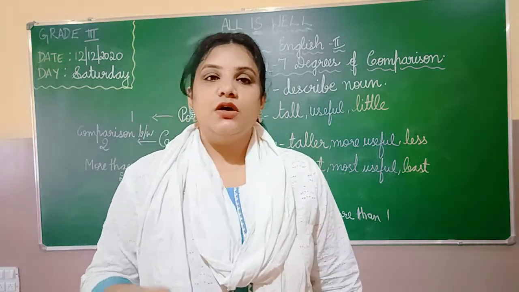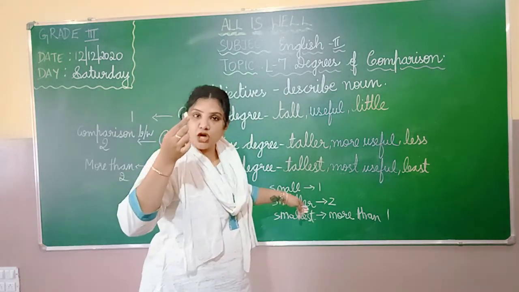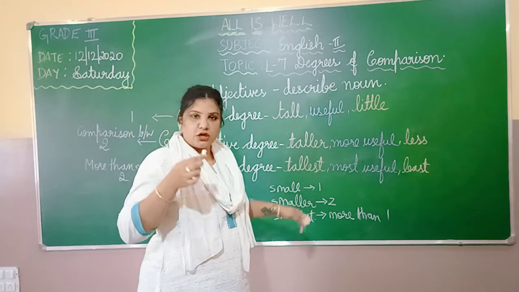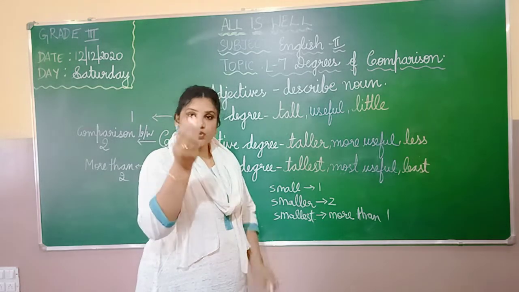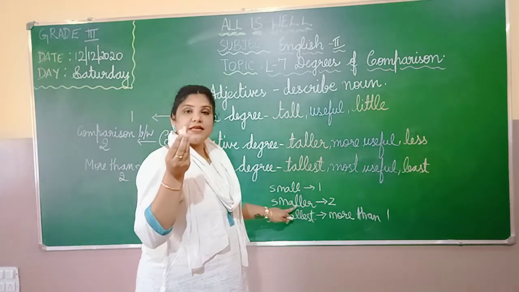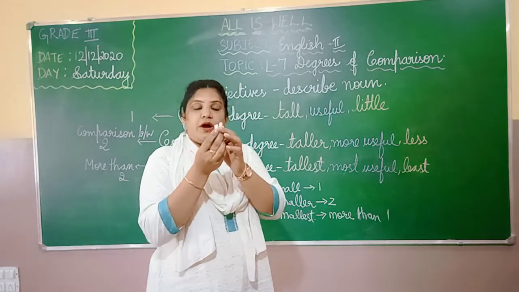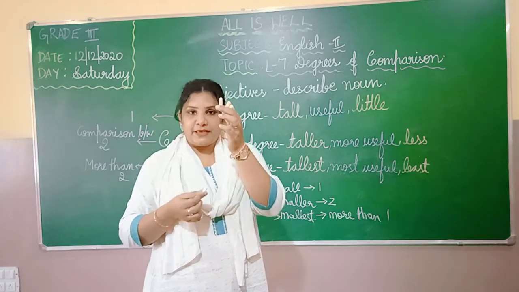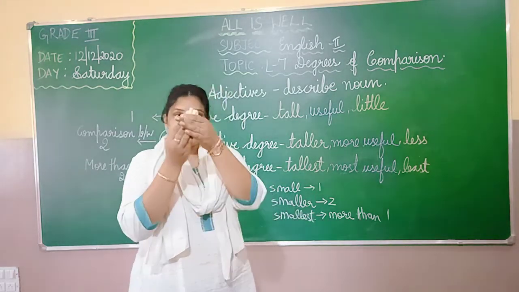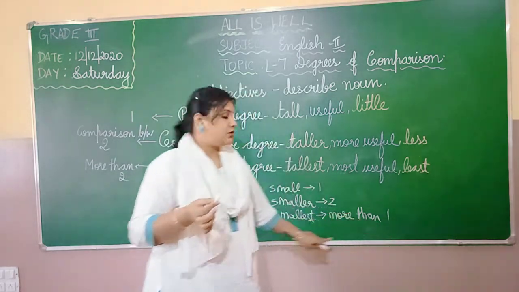So what did we do? When I took only one chalk, I said this is a small chalk. The adjective small stayed small only. This is a small chalk. When I compared two things, I changed the adjective from small to smaller. This white chalk is smaller than the pink chalk. Now when I took more than one, when I took 5 chalks here, totally 5 chalks, that is more than one.